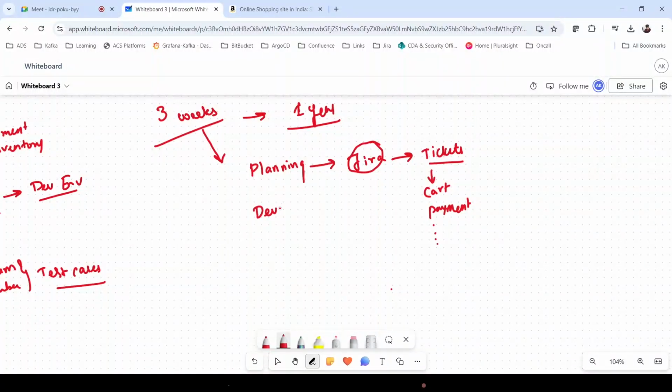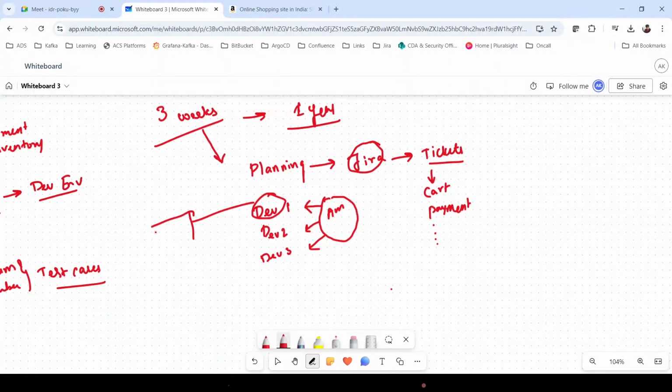We have developer one, developer two, and developer three. They all work on the same application, Amazon. But one works on payment, one works on inventory, and another works on something else. Each is developing on his own laptop.